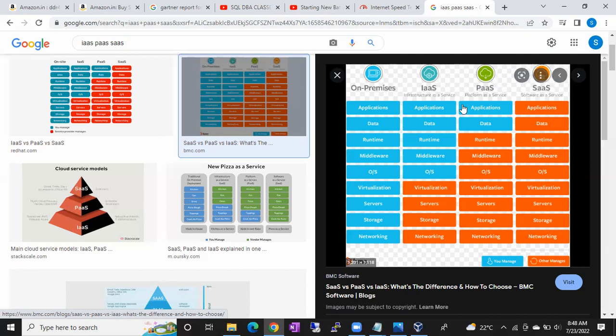So there is no backup concept in PaaS. There is no HADR. Why? Because if one database is down, Azure will take care of it. It will make it available from another server. Got the point? PaaS. So everything is taken care of by Microsoft. Microsoft only.